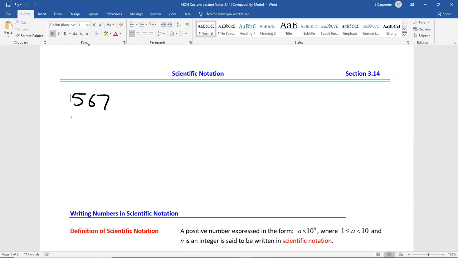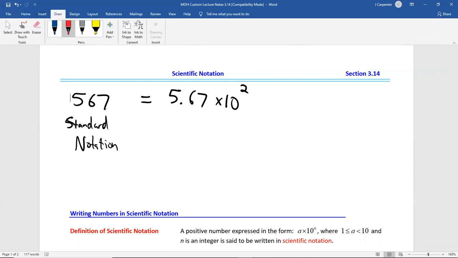567, this would be in standard notation. But if you wanted to see this in scientific notation, its equivalent is 5.67 times 10, and then it would have an exponent that's a 2. Now, here's the reasoning for this. This times 10 to the 2, that's really 100. 10 squared is 100. So this is saying that it's 5.67 times 100,